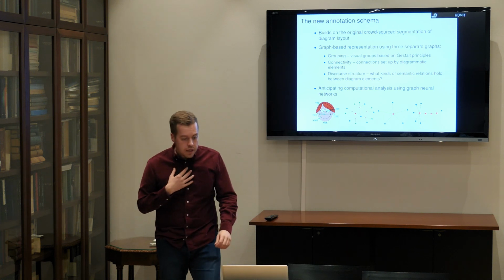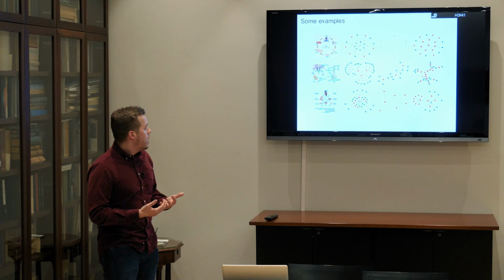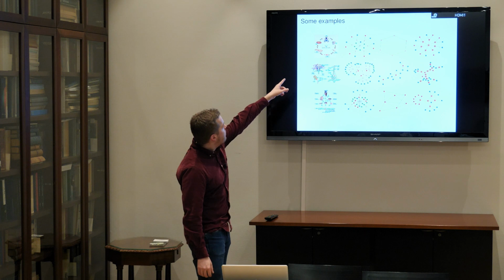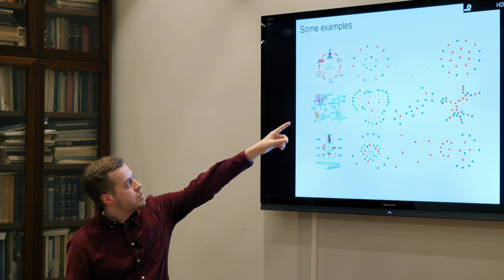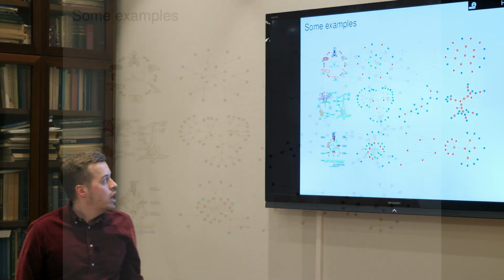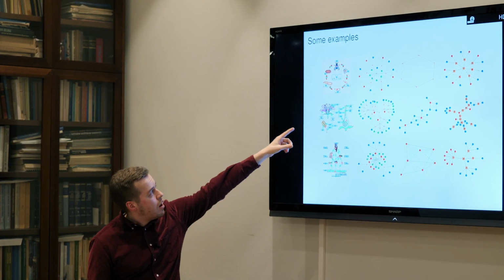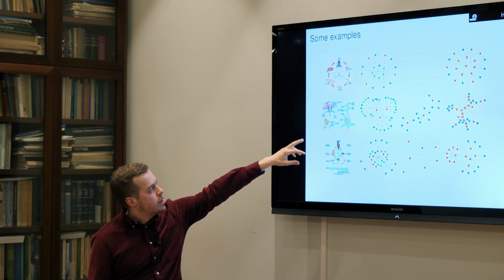And I'm just going to show you a couple of examples because I still have a few minutes. So these kinds of graphs, and the annotation schema that we've developed, can bring out structural differences in different diagram types. So let's say here you have a typical example of a life cycle, where you can especially see in the connectivity graph that you have this kind of directed graph between nodes. And then when you have a different type of diagram like this, which picks out a part of the flower, and then you have this kind of call-out structure showing the part in detail,